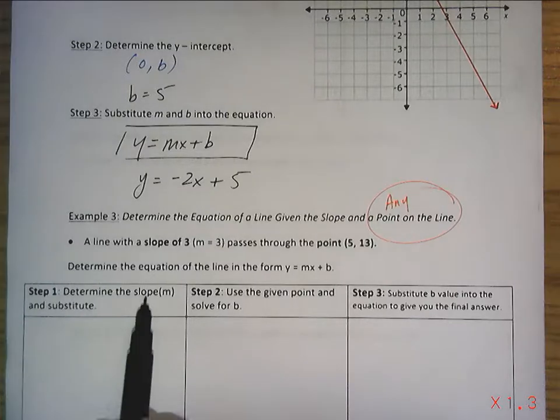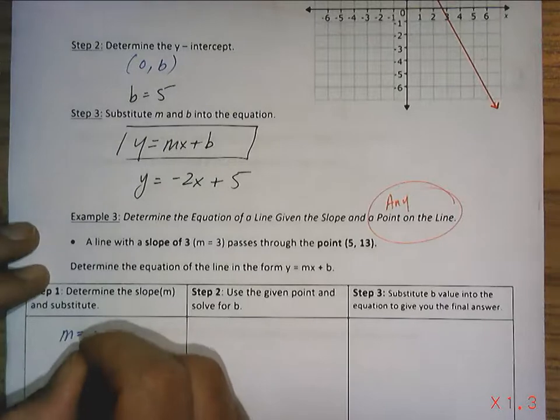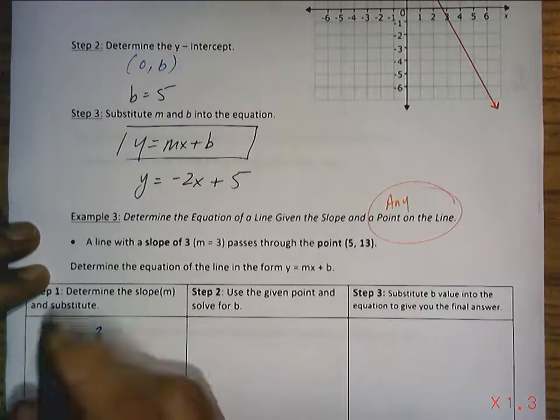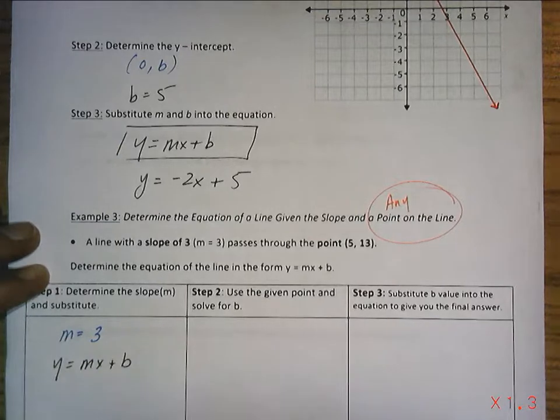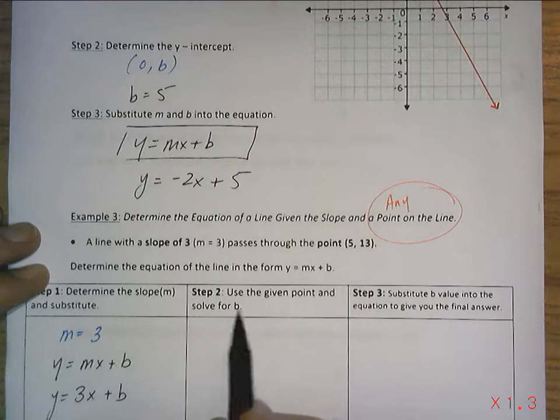Determine the slope and substitute. So in this case, they're telling us that the line has a slope of 3, which means that y equals mx plus b is going to be y equals 3x plus b. That's as much information as we know now. Use the given point to solve for b. So we know that this point,